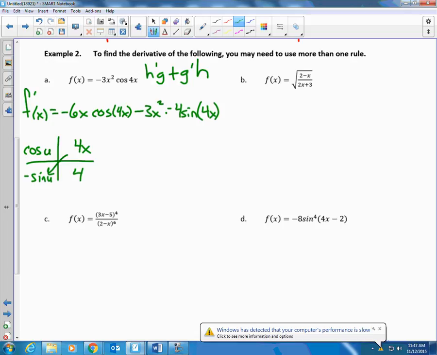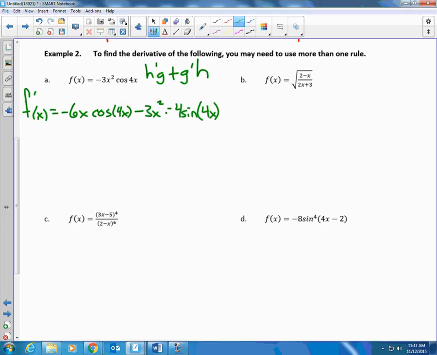Okay? So I'm going to start talking about the derivative of the inside times the derivative of the outside with the inside left alone. So I get f prime of x is equal to negative 6x cosine of 4x plus,